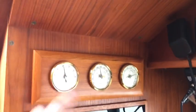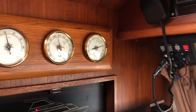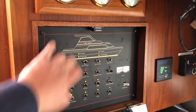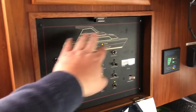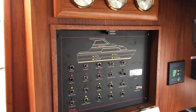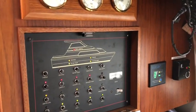Over here we've got our temperature, barometer and humidity, and this here, which again is a bit cheap and nasty, and some of the switches are a bit off, but this is all original. Smith's Sheerline. There's an outline of the boat. I'm thinking about having Brian Wards of Brundle do a new one of these with newer switches, and they could engrave